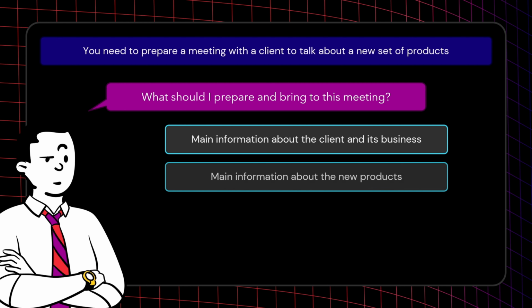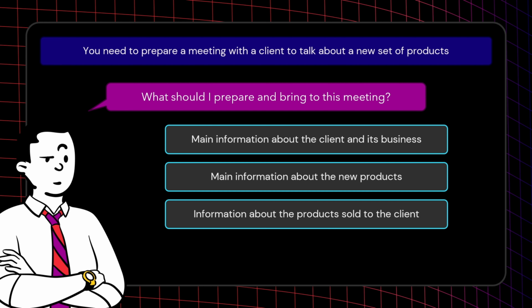So we have this. We also can prepare and bring main information about the new products that we want to show. And here, the main information talking about those products: the main specifications, their advantages, their costs, and so on, right? So main information, so to say. Then we can also prepare